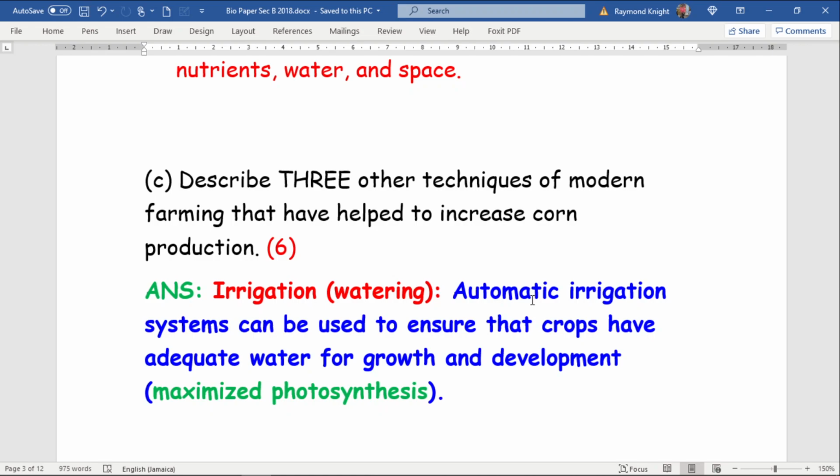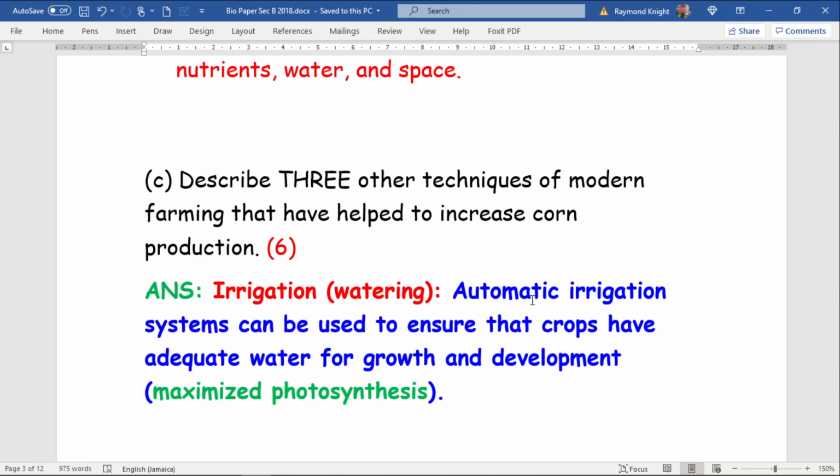An automatic irrigation system could be used to ensure that crops have adequate water for growth and development. And I put at the end to maximize photosynthesis, because guess what? Without water, the plant can't photosynthesize properly to make its food. And it needs the food here for growth and development as well. And not only that,